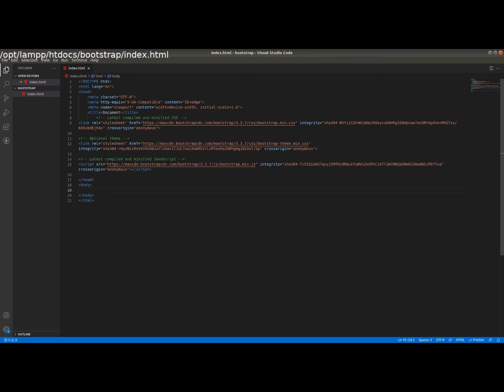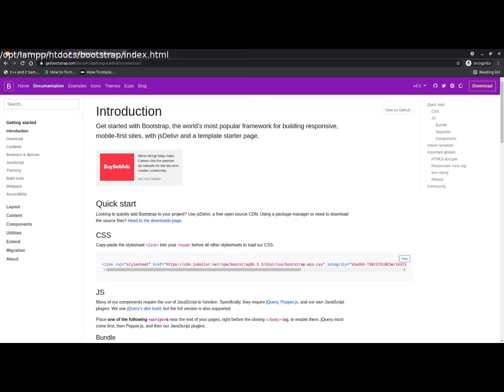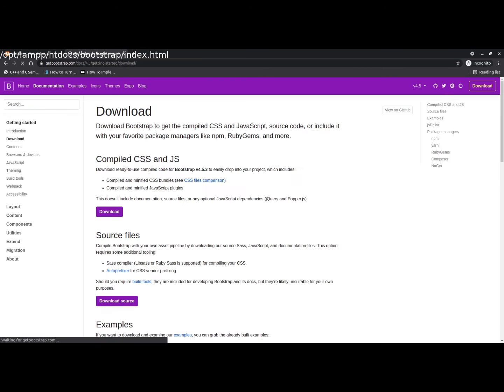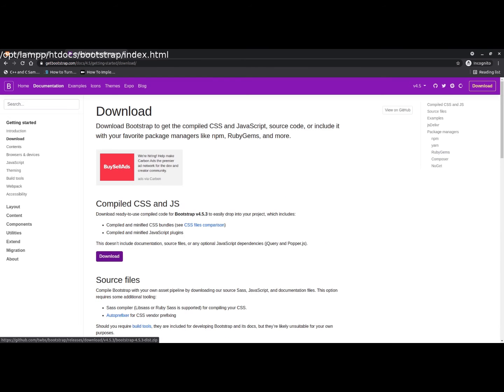The third and last way is using the download section. Again, go to the getbootstrap.com website, go to the download section. You can download the library files here, which have the JavaScript and CSS files.